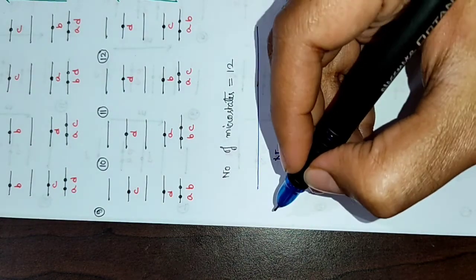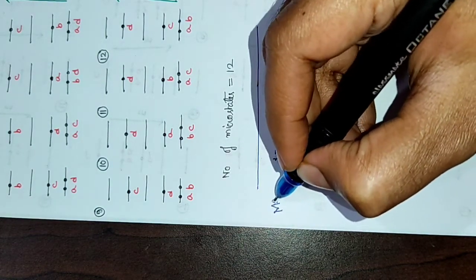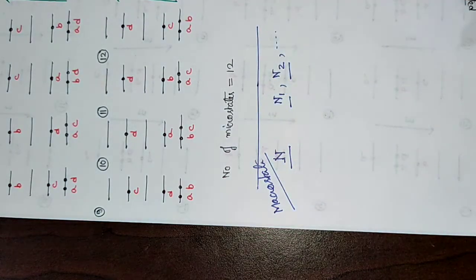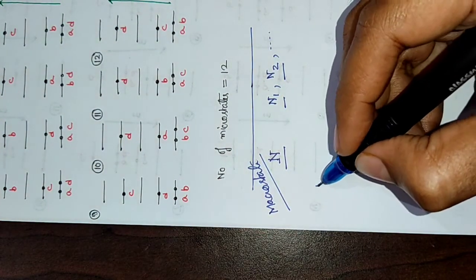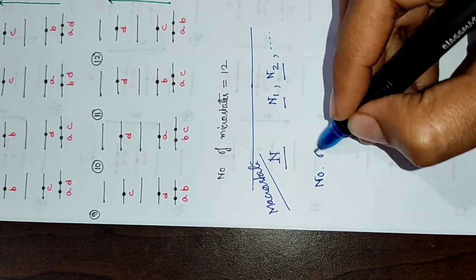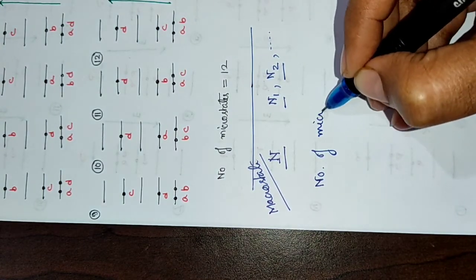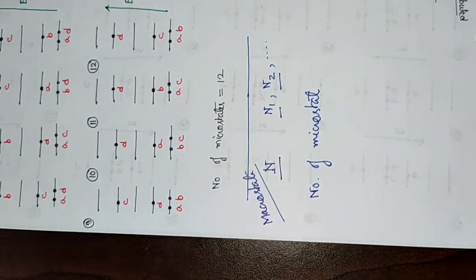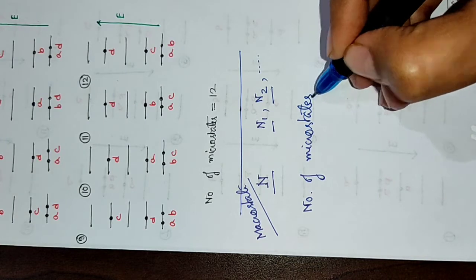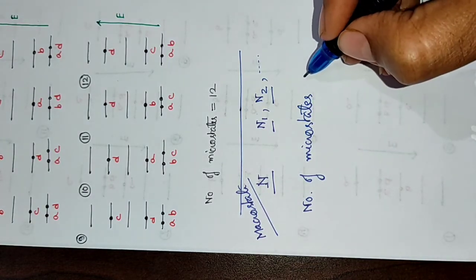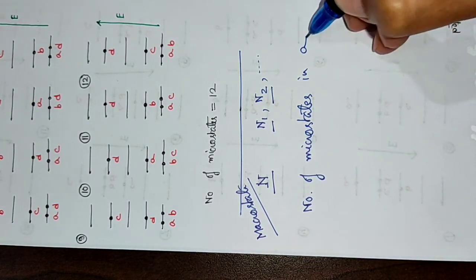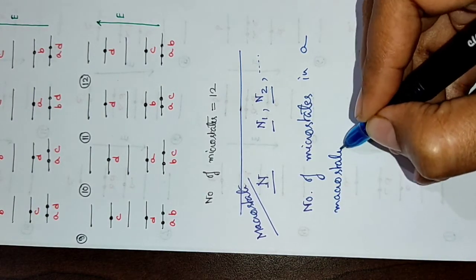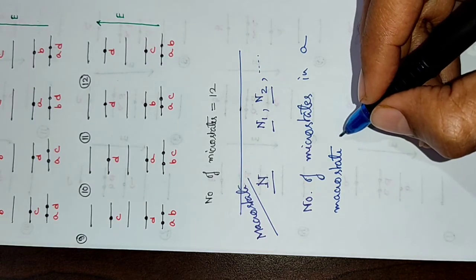So for a macrostate, we can find the number of microstates bypassing such hectic paperwork. So the number of microstates in a macrostate is given by the combination